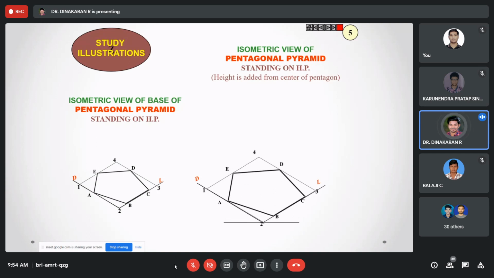What are the dimensions there? Convert it. After that, find the center. You know how to find the center: the midpoint line with the opposite corner. From there, that is the center point. How much height is there, mark the height from that point and connect with all the points.